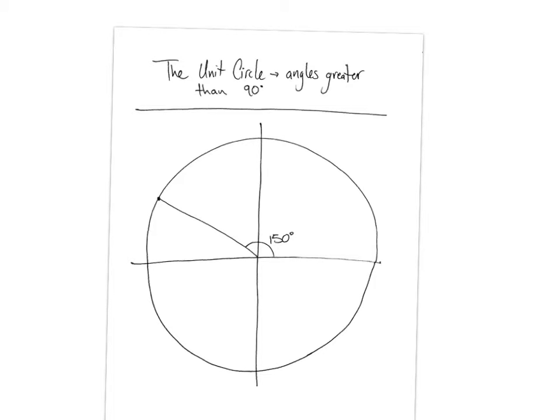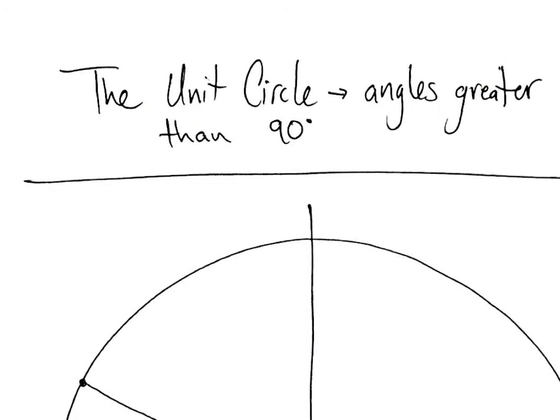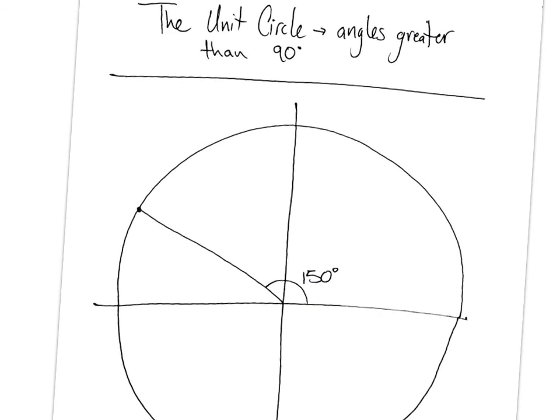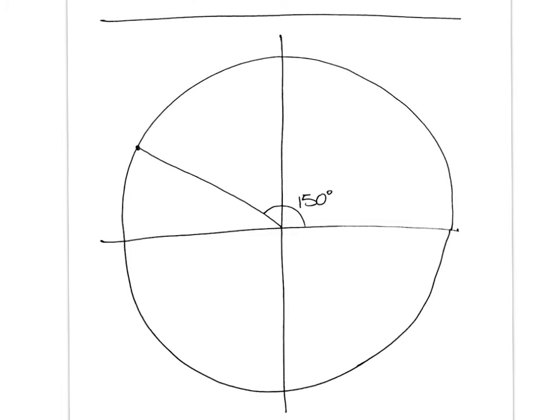Okay, here is unit circle part 2, where we are dealing with angles that are greater than 90 degrees, and we're still going to use the same situation to figure out the sine and cosine of those angles. So, first example is 150 degrees. So you know that 150 is more than 90, and